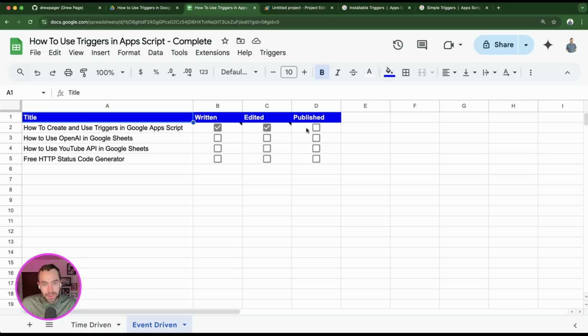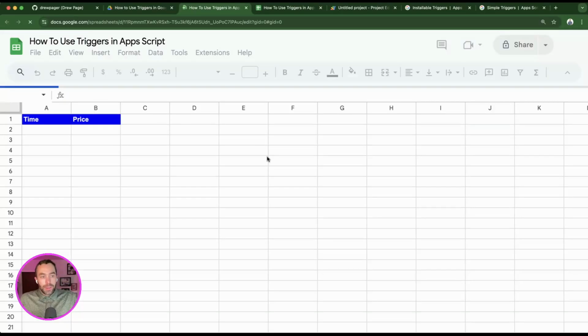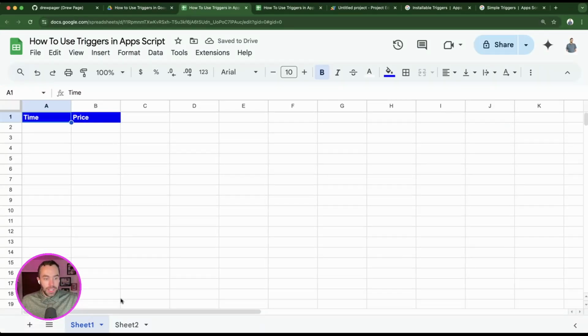So when a cell is updated, I check the box, this note was added, and provides the date and my email address, since that's the account I'm logged into. Let's go back actually and as you can see, the trigger has fired again and added the more up-to-date price of Bitcoin. So I've created a blank spreadsheet with the templates that we are talking about,